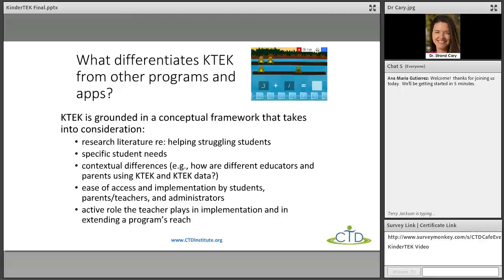So we all know that there are a lot of math apps out there, I bet. You've probably stumbled across them or heard about them out in the wide world. So what differentiates KTEK from other programs and apps? The main thing is that KTEK is grounded in a conceptual framework that takes into consideration a lot of different things. First of all, the research literature is backing up everything we're doing. We're building on CTL's strong research